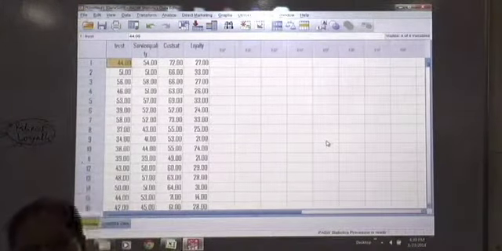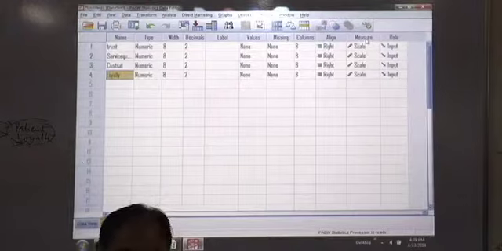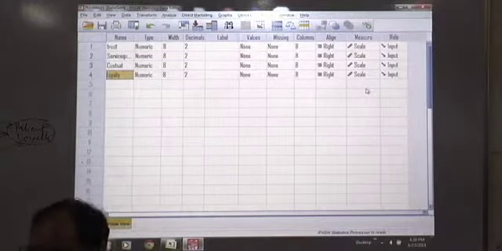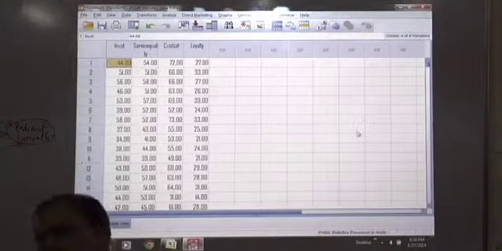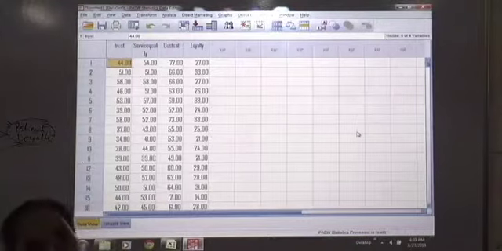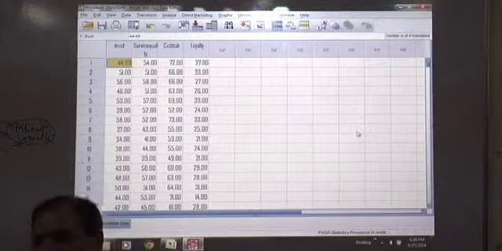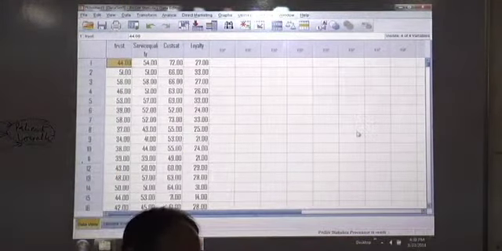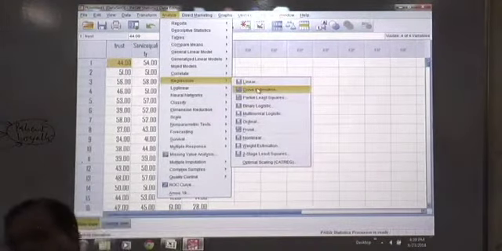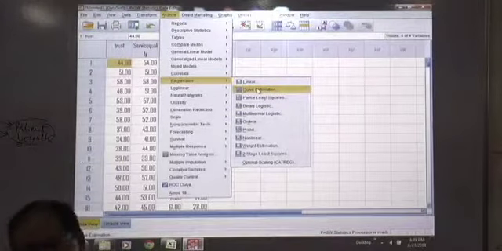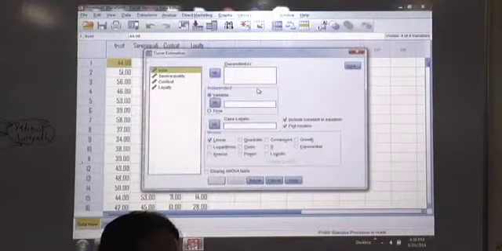Give names to your factors, and if you go to variable view, you find all are scales. Data is collected in interval scale, so it is okay. Come to data view. You can only analyze data when the screen is in data view. Go to analyze. Go to regression. Let us first test the data for linearity, whether the relationship is linear. Go to curve estimation.